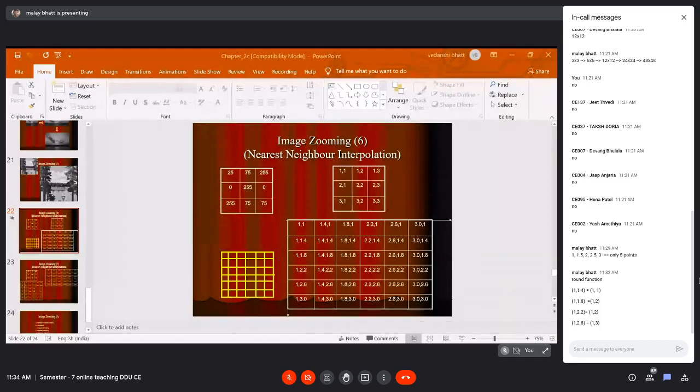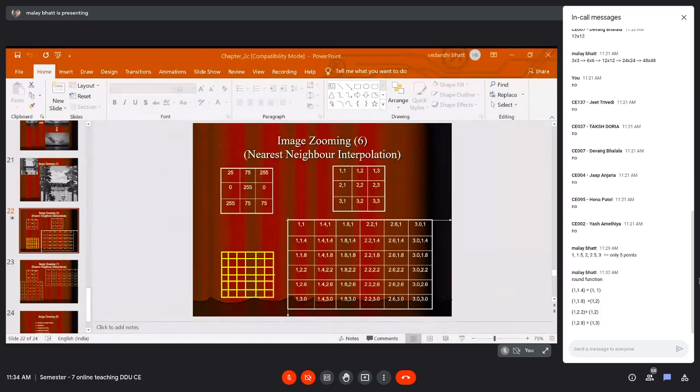Similarly, whatever gray level we have at position 1 comma 2 will be considered for the 1 comma 2.2 point. And 1 comma 3 will be replicated to 1 comma 2.8. So that is how, through this nearest neighbor approach, we can get the values of these new pixel locations.